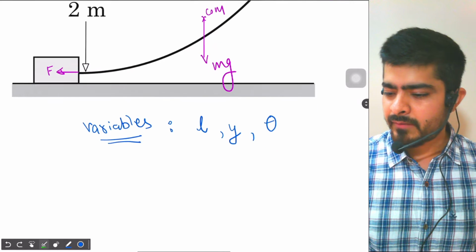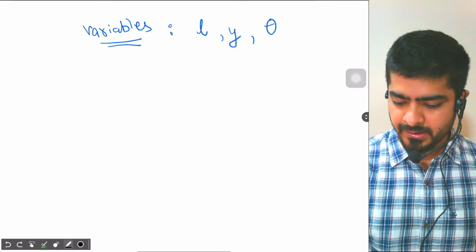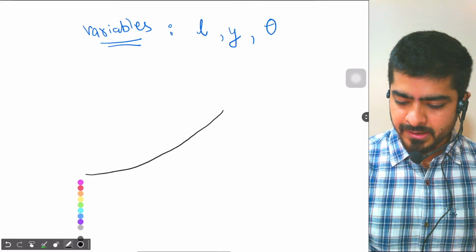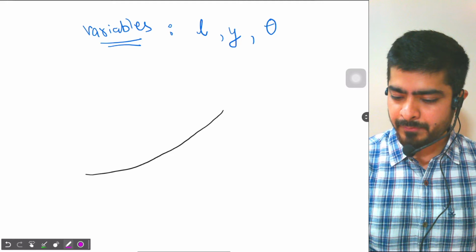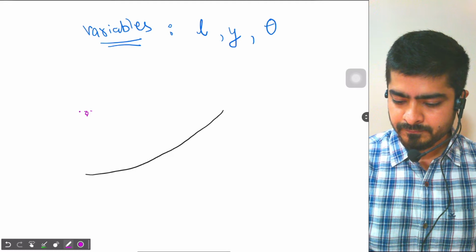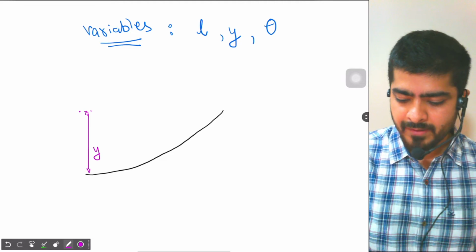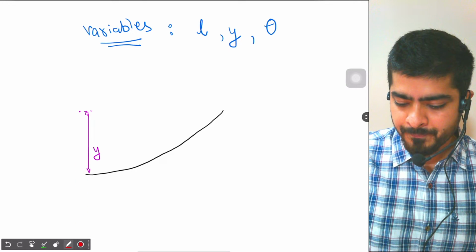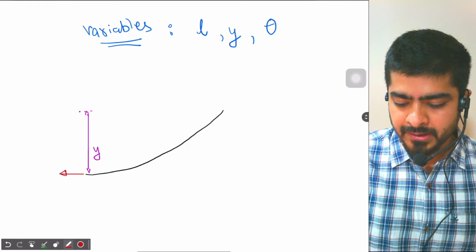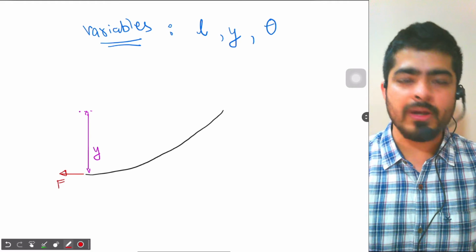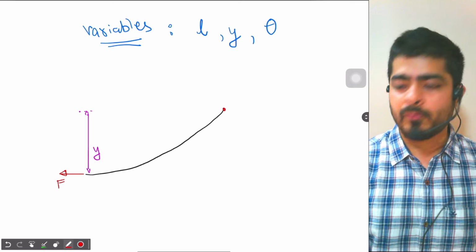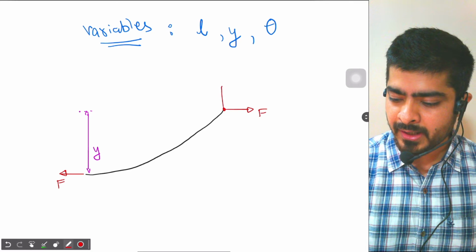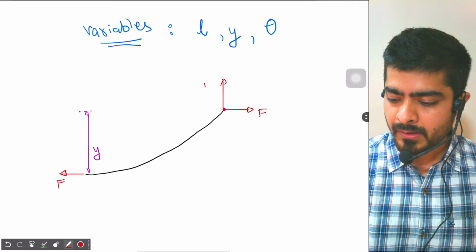So based on these three variables, let's understand how to create the equation. So this is your rope. I am taking a random height y and a random mass m, and let the total mass of the rope be equal to M. And here the horizontal component of the force is equal to F. So at this point, what will the forces be equal to? On one side we have F, and on the other side we have mg, right?